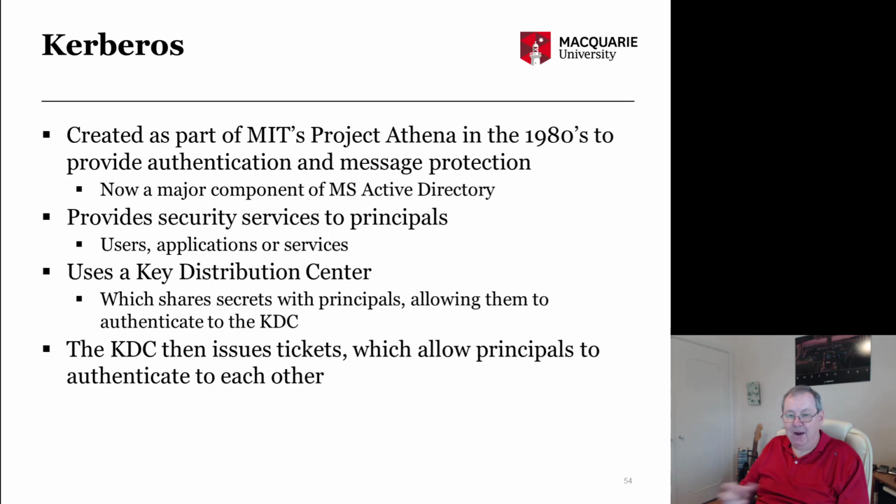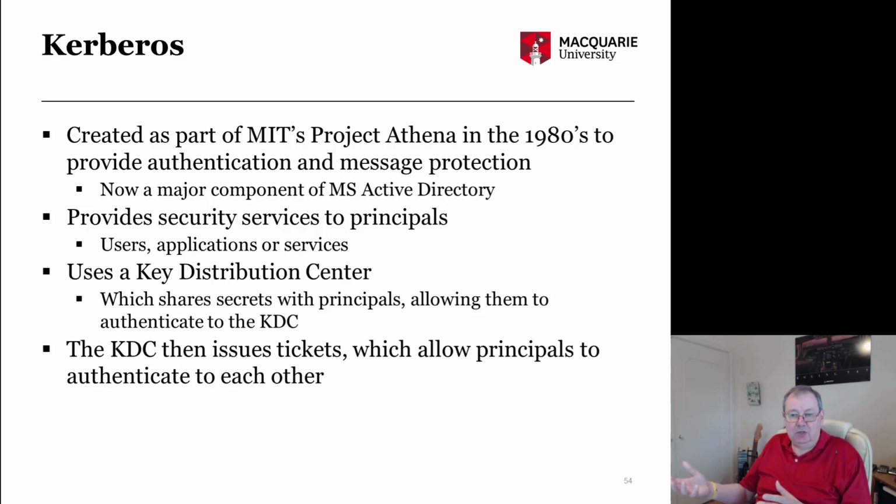And Kerberos is very widely used, because in Windows Active Directory, really is two things. It is LDAP, the Lightweight Directory Access Protocol, to store directory information about things, and it's Kerberos, with Microsoft proprietary extensions. So Kerberos was created at MIT as part of a thing called Project Athena,